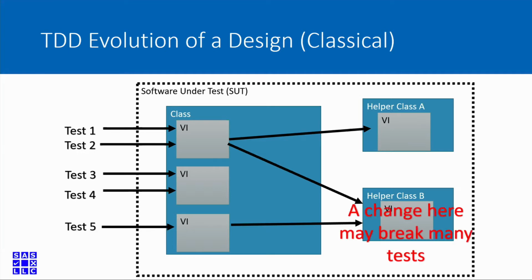We have some problems, though. Changing the helper class could potentially break some of our tests. And why would we change our helper class? Well, maybe that helper class is so useful that we decide to use it somewhere else. So we use our helper class somewhere else, and it has a different need, and so we start messing with that helper class, and maybe we break something. And so traditional TDD works really well when these helper classes are just used within the software under test. They're just used by that class. They're not used anywhere else. And it helps too when the thing is small. As it grows and you get more and more of these helper classes, it gets to be a real pain.